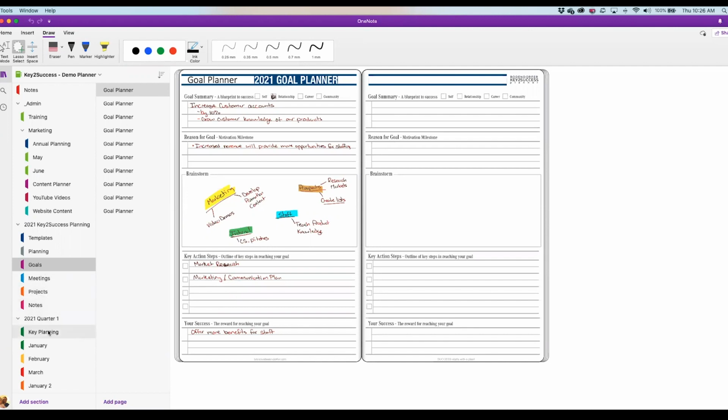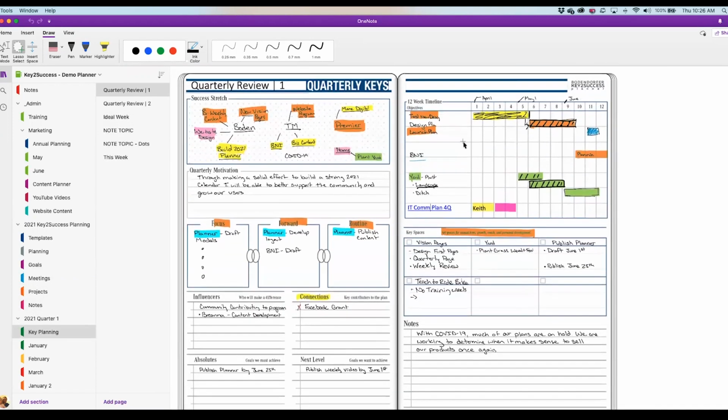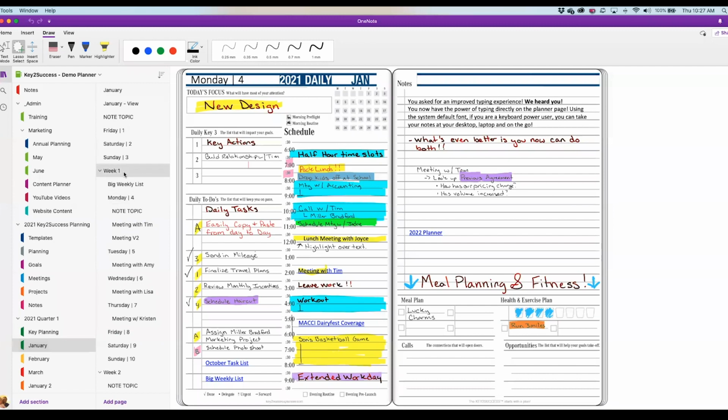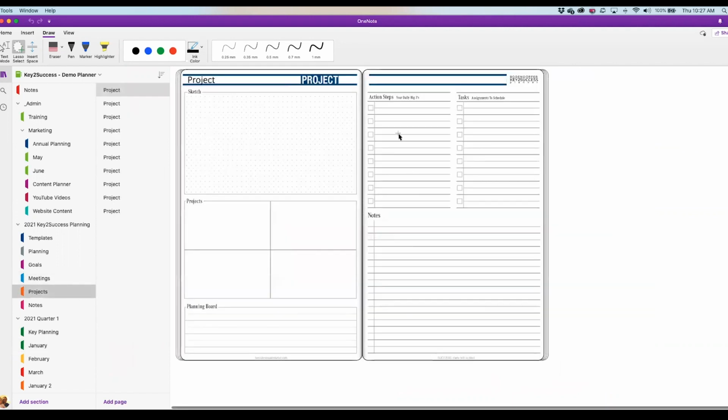You either take the energy and plot them in your quarterly timeline and actually map out those objectives there, or you jump into your week and say, I'm going to start nailing out some of these objectives this week and next week. It's just a matter of how big an idea it is. The other side of it is under projects, you have action steps and tasks. Those will filter into that same piece.